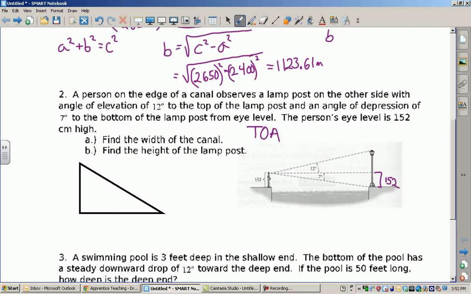So the remaining part of this, which we can call y, which I'll translate over here to this triangle, is going to be given by the angle of incline, or sorry, I forgot that word, of 12 degrees, and we know that he was